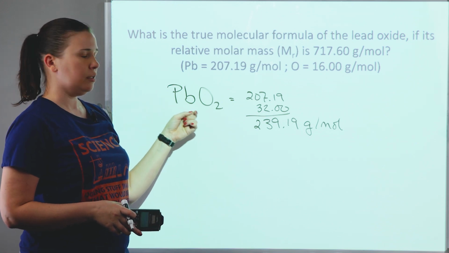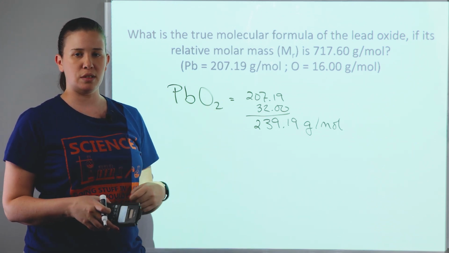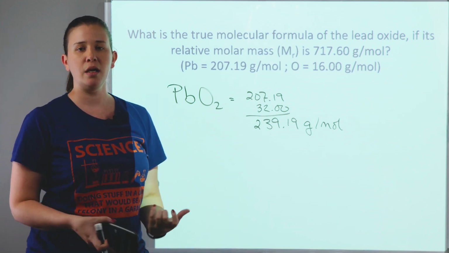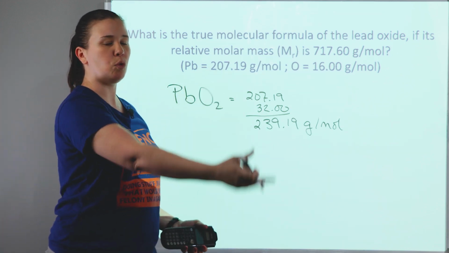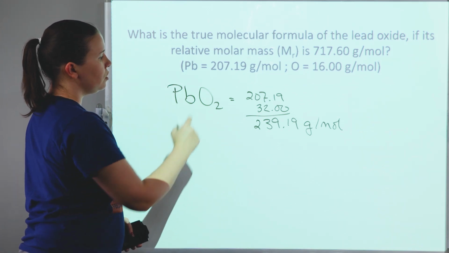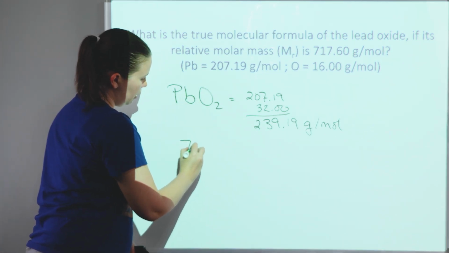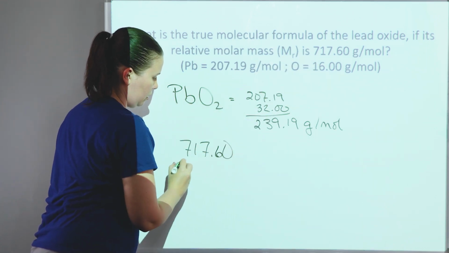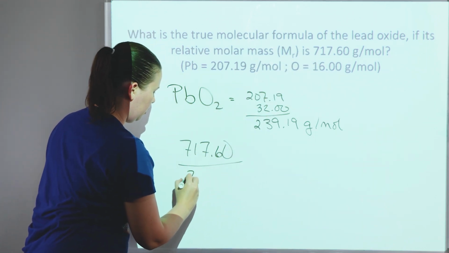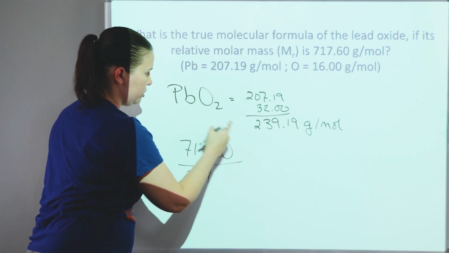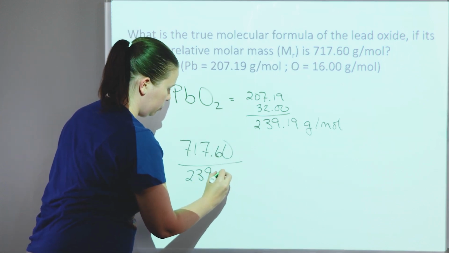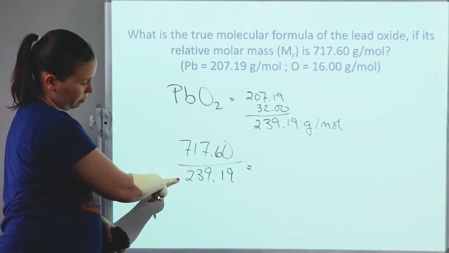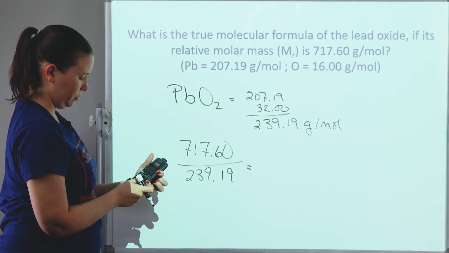We know that this is the ratio. So is it twice this many, 3 times this many, 17 times this many? How do we figure out how many times more we have of this set of atoms? The easiest way to do that is actually to take the given molar mass and divide it by the molar mass of your empirical formula. So 717.60 divided by 239.19,